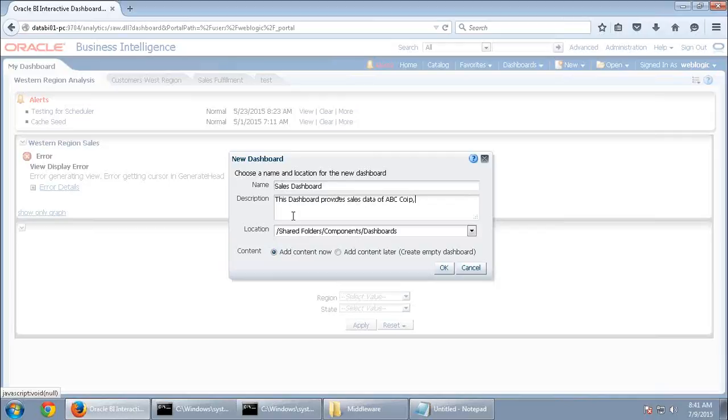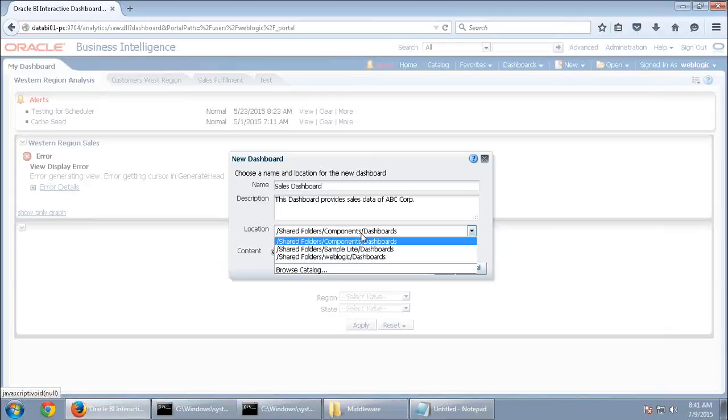You can give anything. Then the location of your dashboard: shared folders or my folders. My dashboard is only viewed by WebLogic.